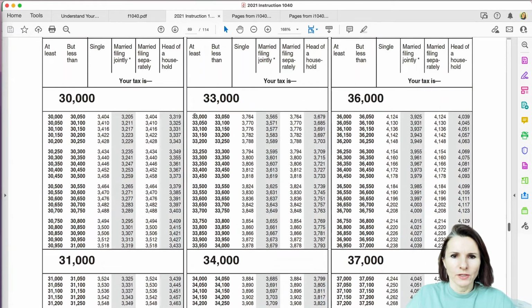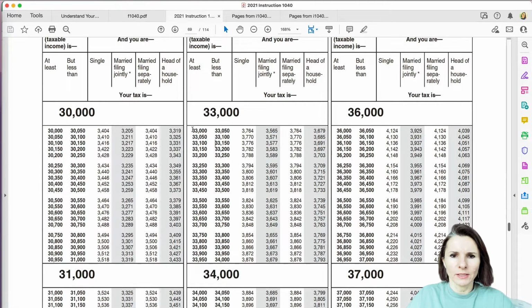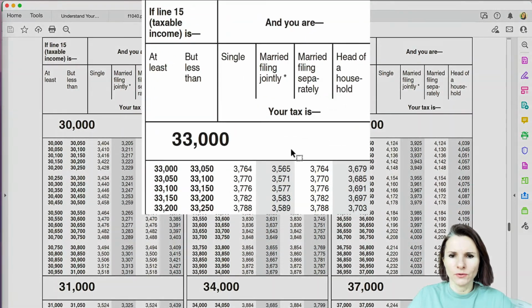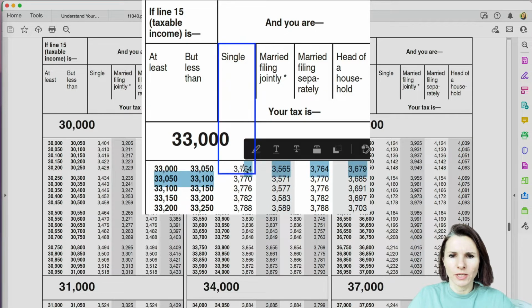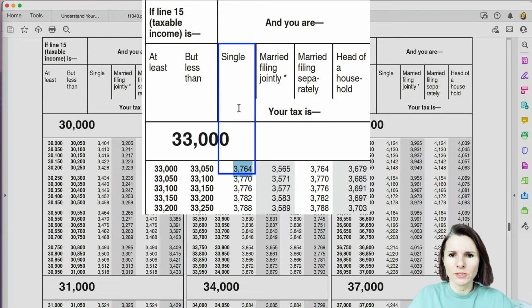Once you find your row, based on your income level, at least this amount but below a certain amount, you go to the right and find your filing status. If we're single, this is the first section we look at. We know that if we make between 33,000 and 33,050, and in our case we have 33,000, and we're single, that means our tax liability is